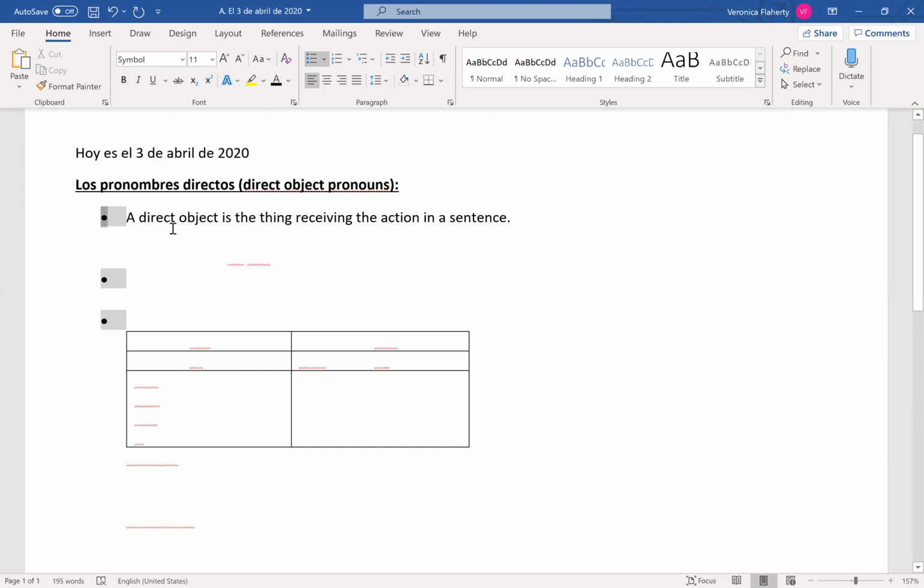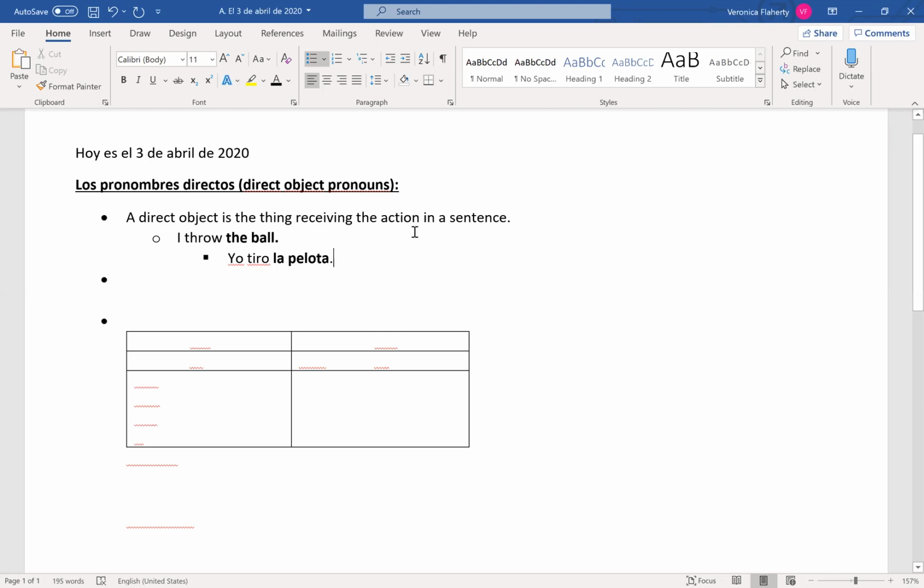Okay. The example that we're going to look at first today is I throw the ball. So in this sentence, I throw the ball. What's the direct object? The ball. Yeah, it helps because I already bolded it. Who's the subject? I. And the action? Throw. Perfect. So I throw the ball is a sentence with a subject, a verb, and a direct object. In Spanish, it looks like this. Yo tiro la pelota.